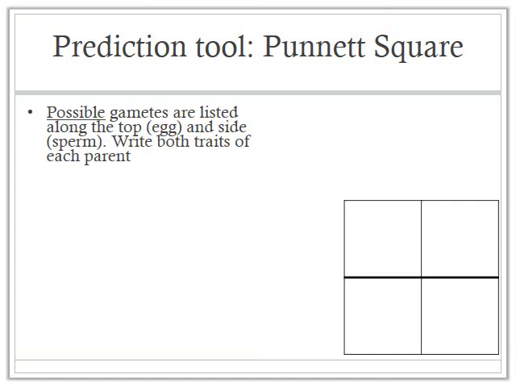So, possible gametes. What we're going to be doing with a Punnett square is basically writing down the alleles of the parents on the side and top, and then filling in the squares to figure out the possibility of the offspring. Now,